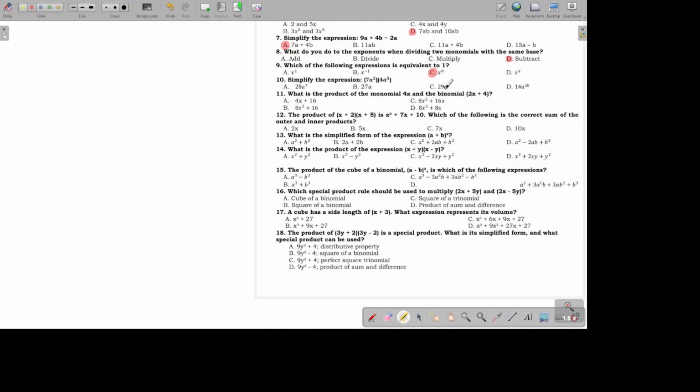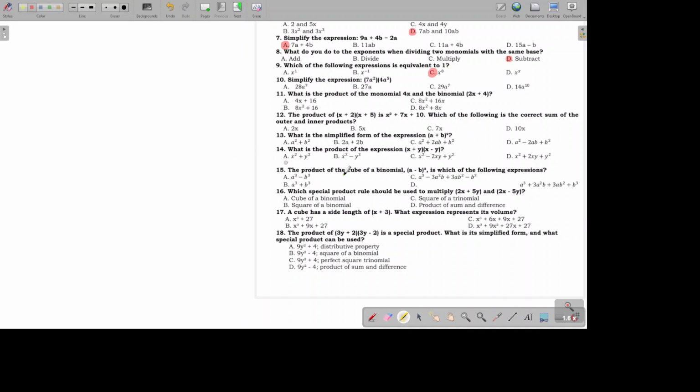Kaya 'di ba kapag nag-divide tayo tapos parehas na parehas, ang sabi ko ang isagot nila lang ay 1. Kasi pag nag-minus yung exponent nila, that just goes down to 1. So, that's the reason why we just cancel them. Because multiplication by 1 is going to give us the same number anyway. Unless na-cancel lahat and we put 1. Okay. Basta tandaan, in the law of exponents, whenever you see a zero exponent, that is equal to 1.